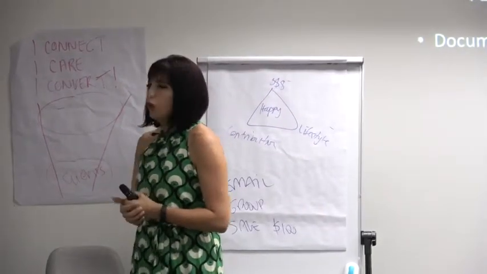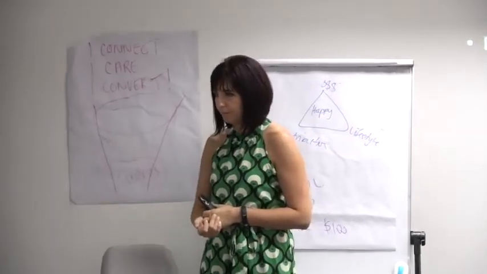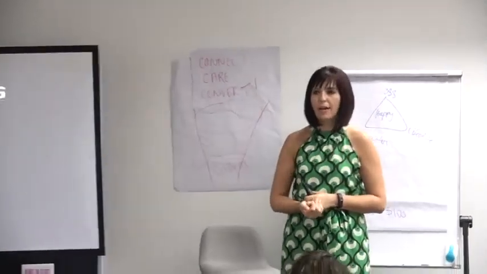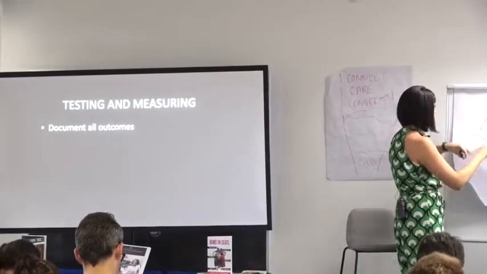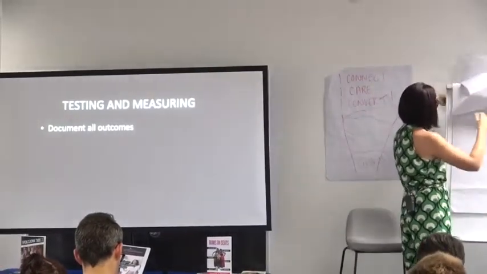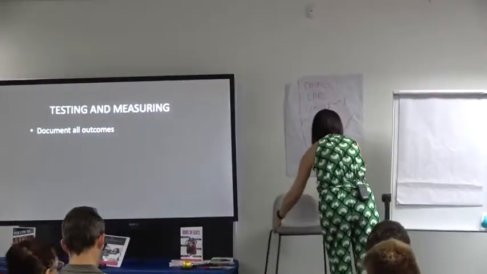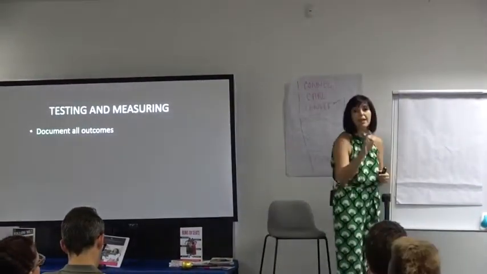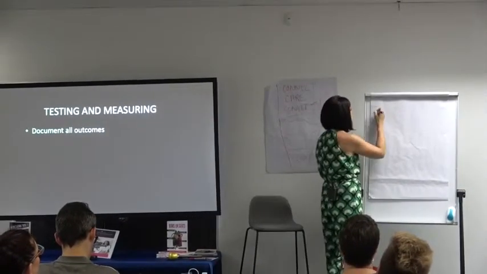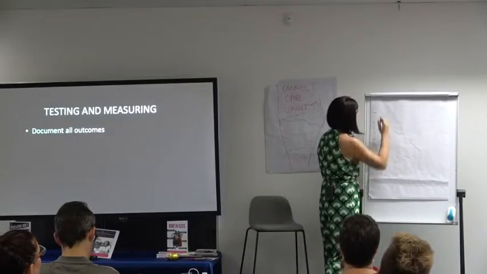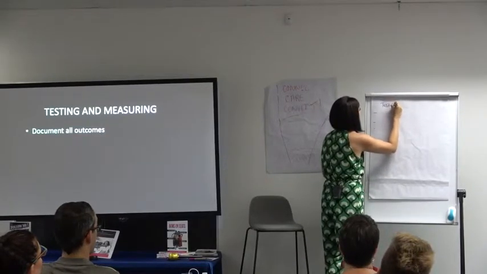Here we go. Document absolutely all outcomes, okay? So I have this massive spreadsheet. All right, I'll tell you what I document. So I'll write a list. Okay, you first of all tell me, if you were running Facebook ads, what would you document? So think about these lines being rows on a spreadsheet. So test and measure.